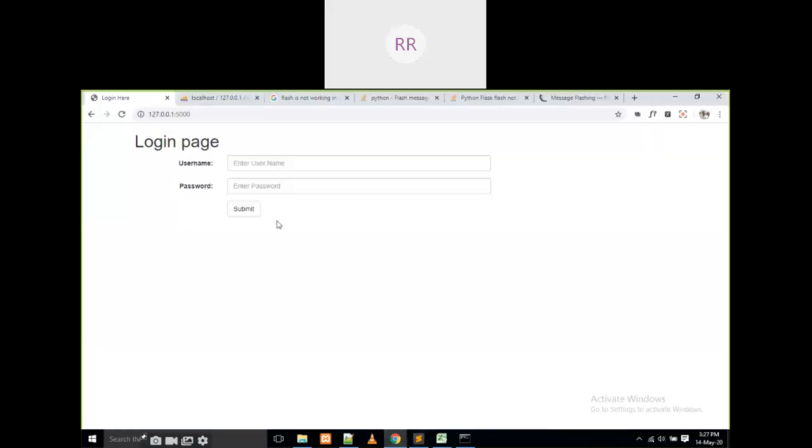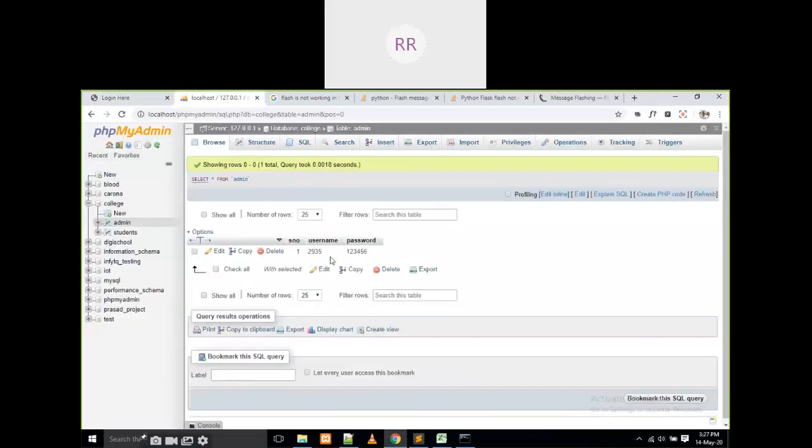That means, for example, if I give some username and password like this, I am going to this database, and in the admin table I am going to check, is there any record with what I entered here?